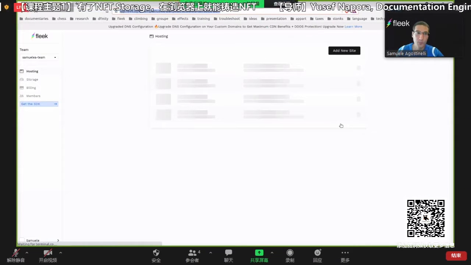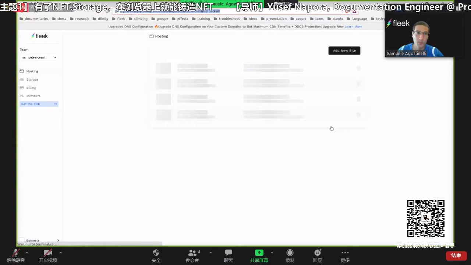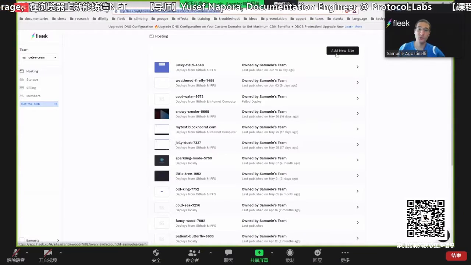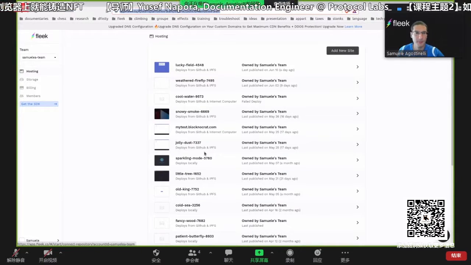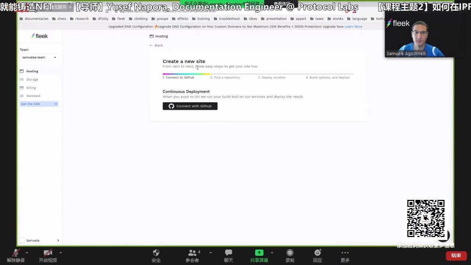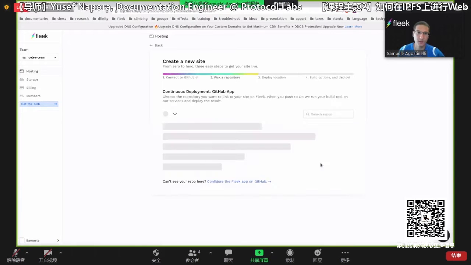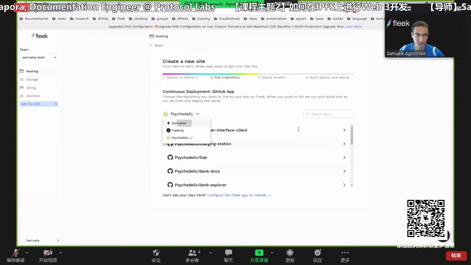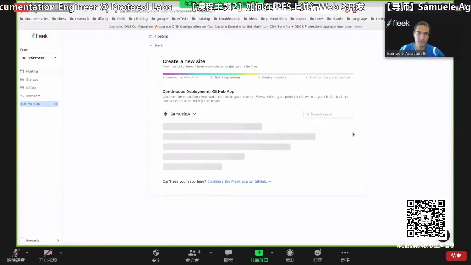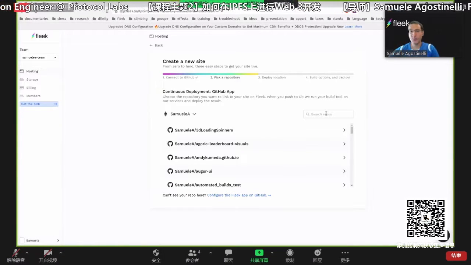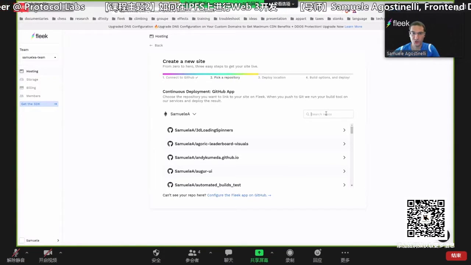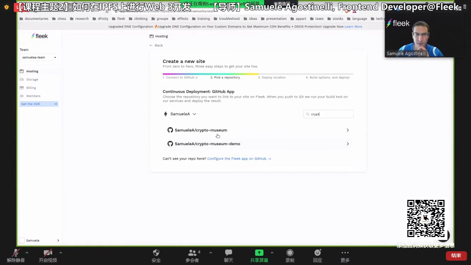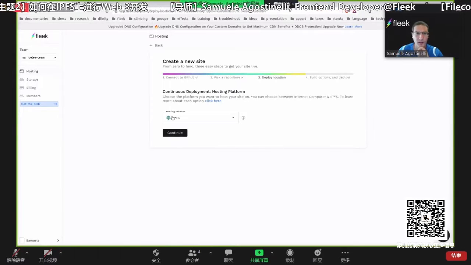On the hosting tab, that's everything related to hosting. So I've got my list of sites, and let's just add a new site. Click on this, and that's our flow to create a site. You connect to GitHub. In my case, it's already done, so it's easy. I can choose my account, and the app that we'll publish is the Crypto Museum. I believe the correct one is this one. So IPFS,